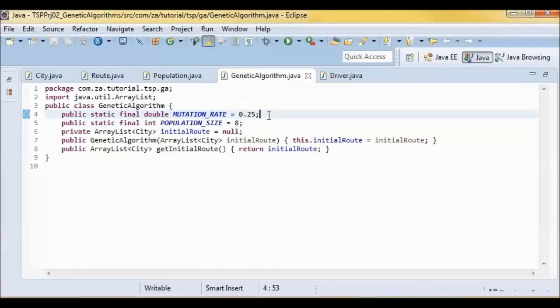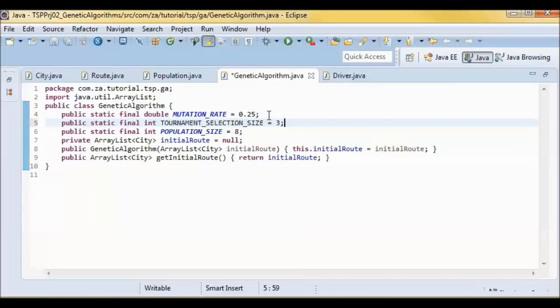And here I will be using tournament selection to do crossover. So this is the tournament population that is used for the route crossover selection, or for the chromosome crossover selection.